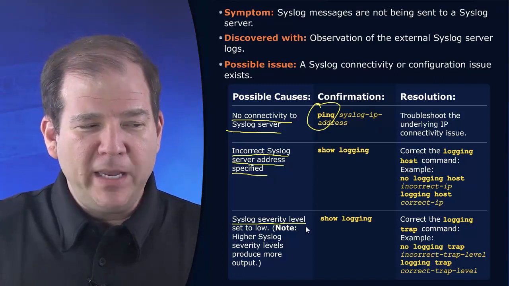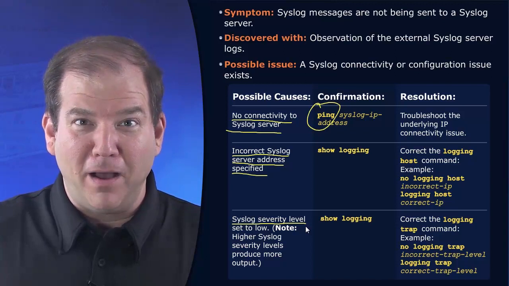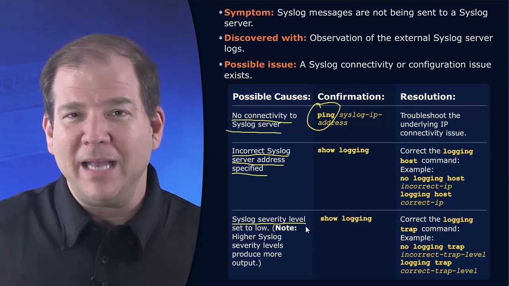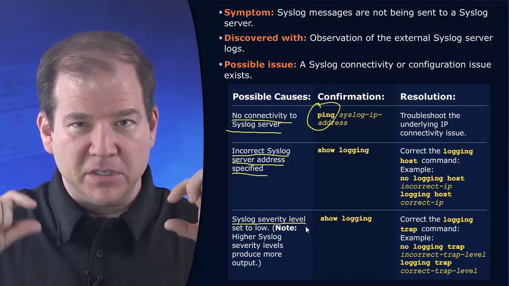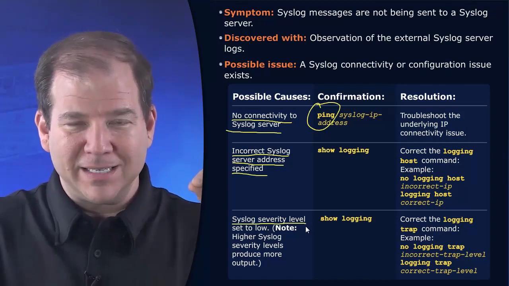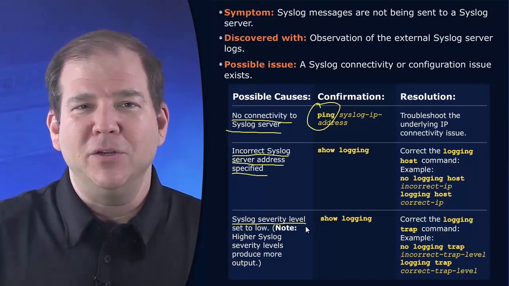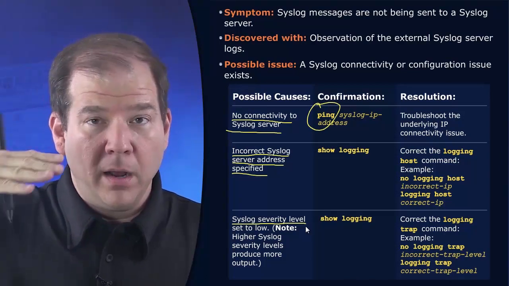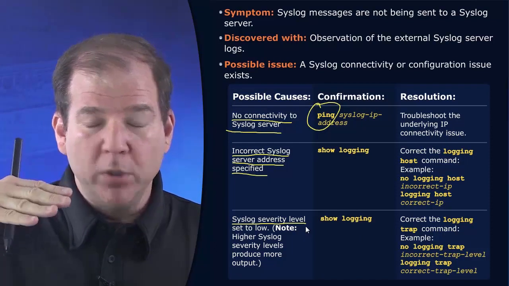You see, if we sent every possible Syslog message out to a server, that would be a lot of messages. Syslog has 8 different severity levels. The most severe is a 0, and the least severe is a 7. And generally, I like to do maybe a 3 or a 4. If I say I want to log a level 4, which is a warning,